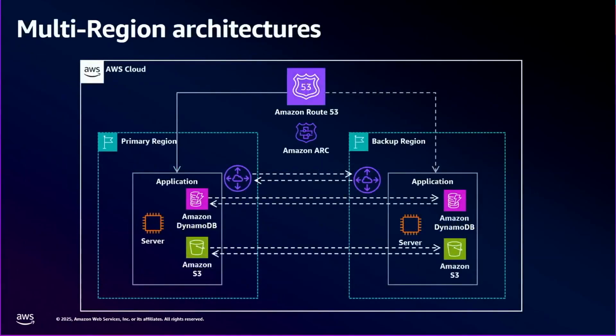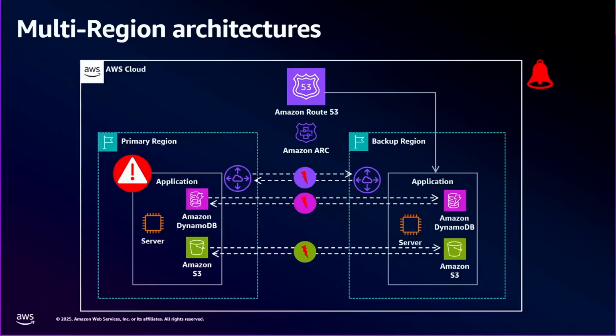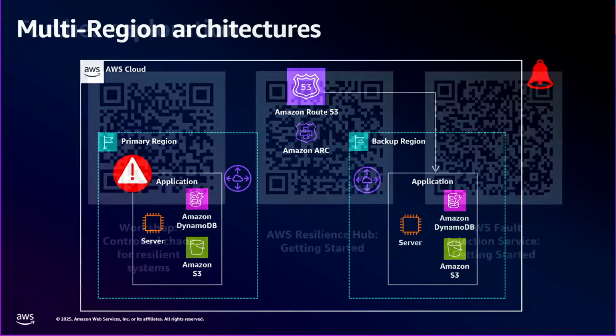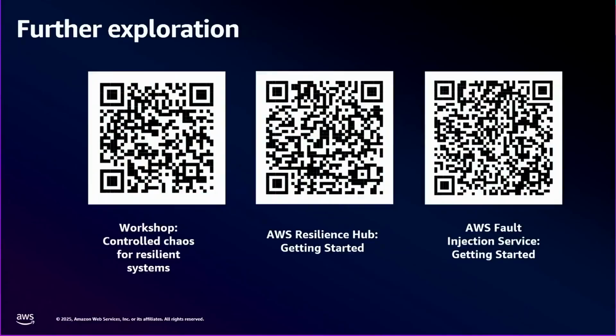So just like I showed you in the demo, it works in a similar way. You create your experiment, you target the right region to run the experiment on, and if you're using Route 53 ARC, you should expect ARC to move your traffic from the unhealthy region to the healthy region, and you expect to see replication breaking and cross-region connectivity also breaking. There's a very good getting started guide for FIS specifically. So have a look at that to get yourself up to speed on how to quickly start using the Fault Injection Service.